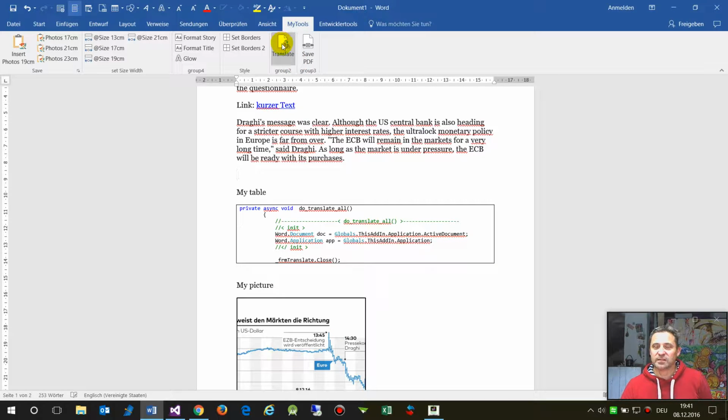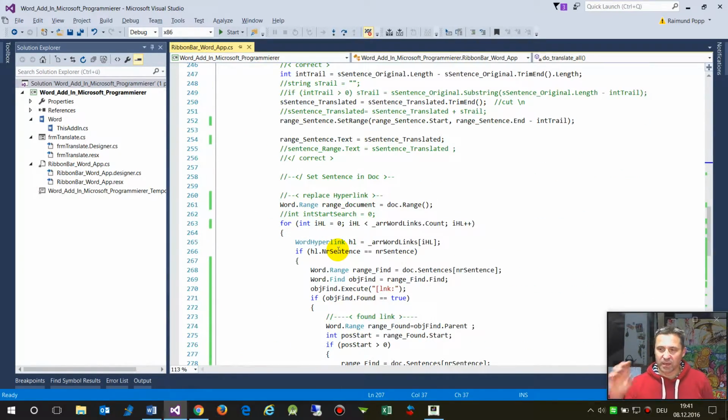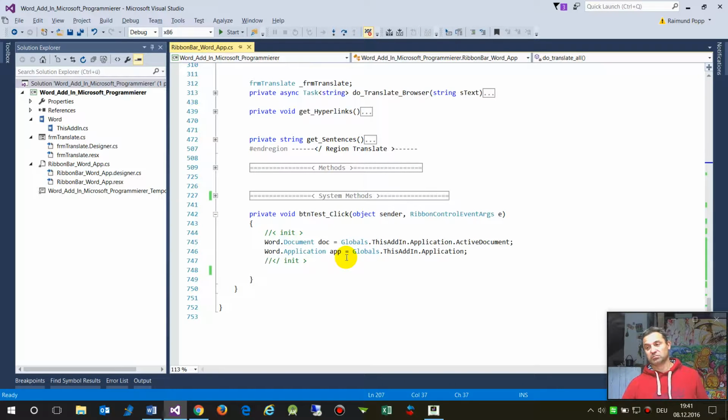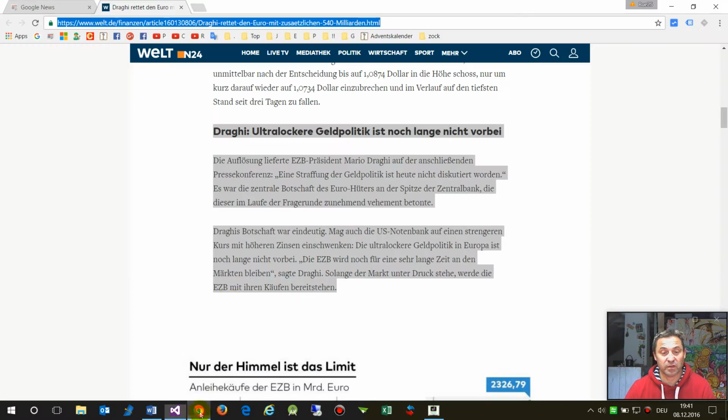So I place this ribbon bar. It's an add-in. You may drop that add-in into your Microsoft Office document. And also the code, if somebody is coding that stuff, then he may use the code. This is a little bit more, but it's the source code. It's written in C#, and you may download it and you may use it,